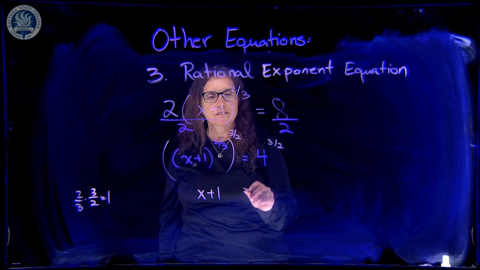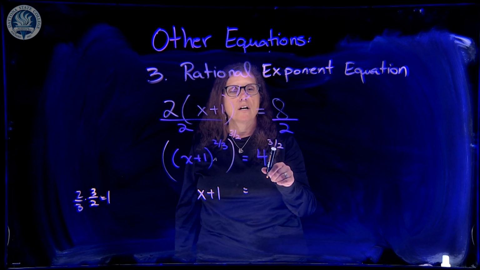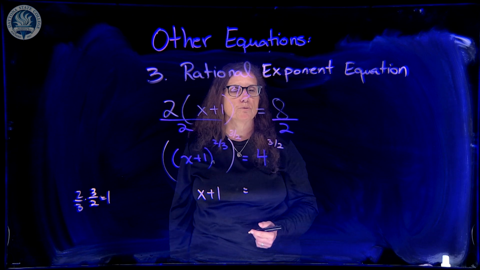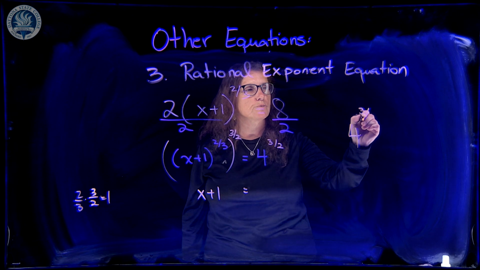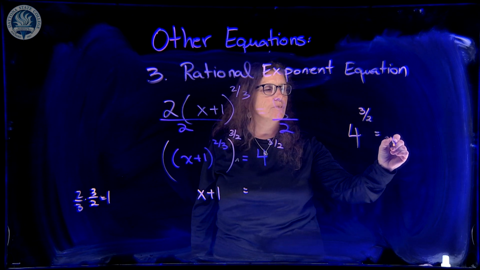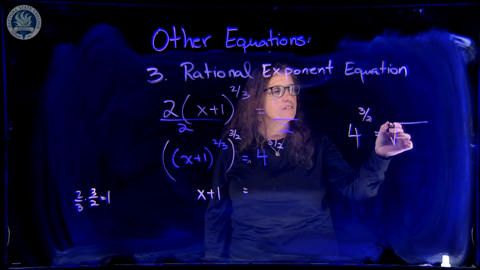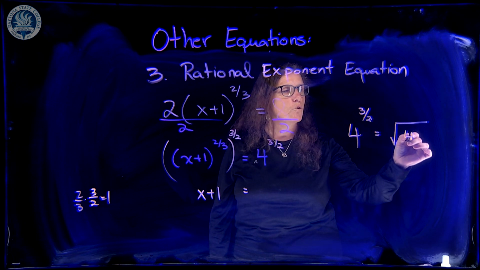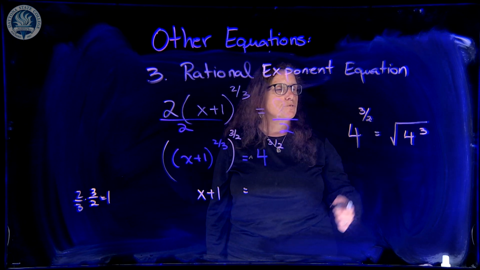Now on the right-hand side, you have to remember what is going on when you have rational exponents. Now let me rewrite this into a radical problem with a square root. 4 to the 3/2, guess what, is exactly the same as the square root. That is your index, is a 2. We don't really write 2's down when we have a square root. It's exactly the same as the square root of 4 to the 3rd power.